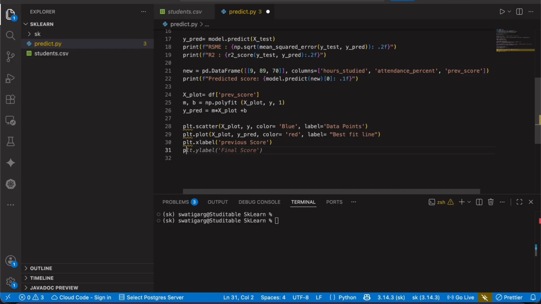Then for plt.ylabel, for the y axis, the naming is final score because this is what we are predicting.